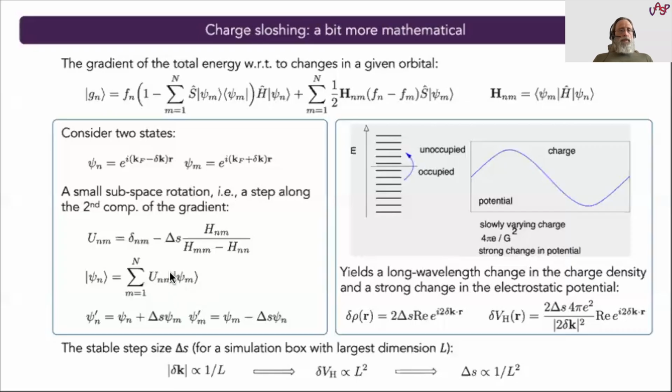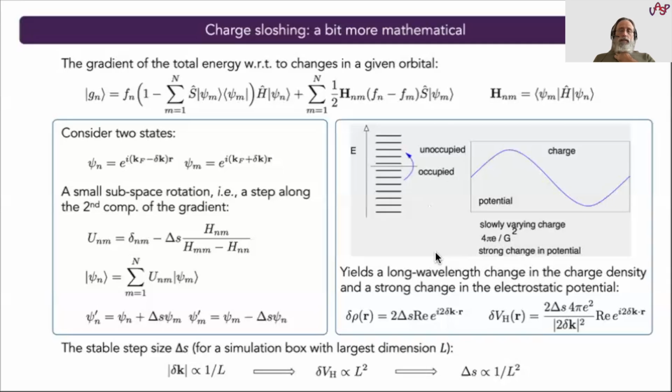It's a linear combination of the original orbitals. The step size is chosen to be delta S, and essentially a little bit of psi m is added to psi n to yield psi prime n, and a little bit of psi n is subtracted from psi m to yield psi prime m. Now these are small changes in the orbitals, and what they mean for the charge density